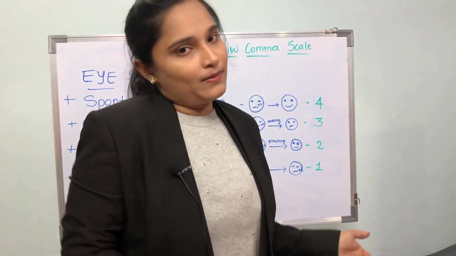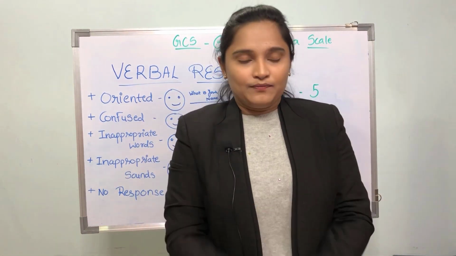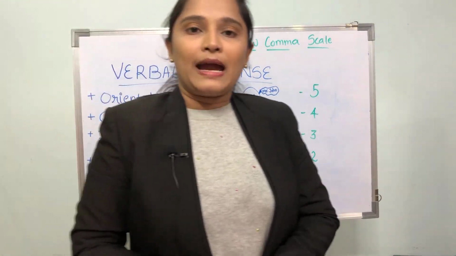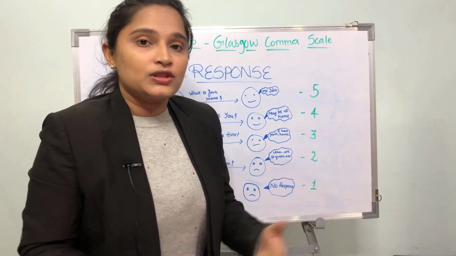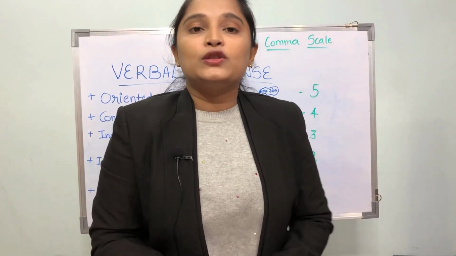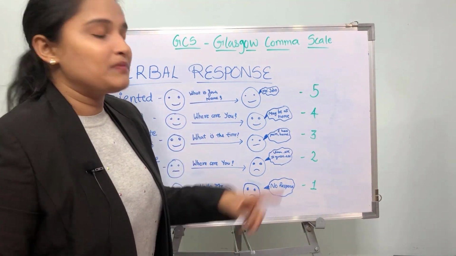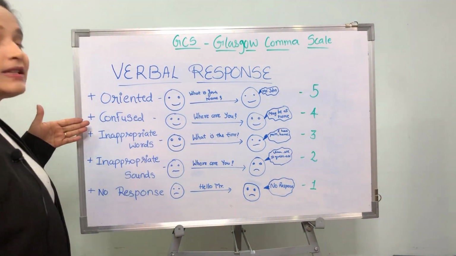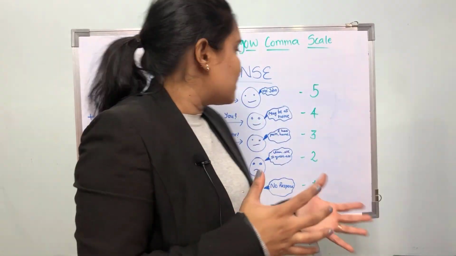So now let's see verbal response. Verbal response has 5 points. First, oriented. If the patient is well oriented with the time, place and person, the score will be 5. If you ask the patient what is your name, where are you, what is the time right now, the patient will be able to reply correctly. When you ask the patient what is your name, the patient will reply correctly that I am Mr. So and so. Next, if the patient is confused, if you ask some questions and the patient is giving a wrong answer or